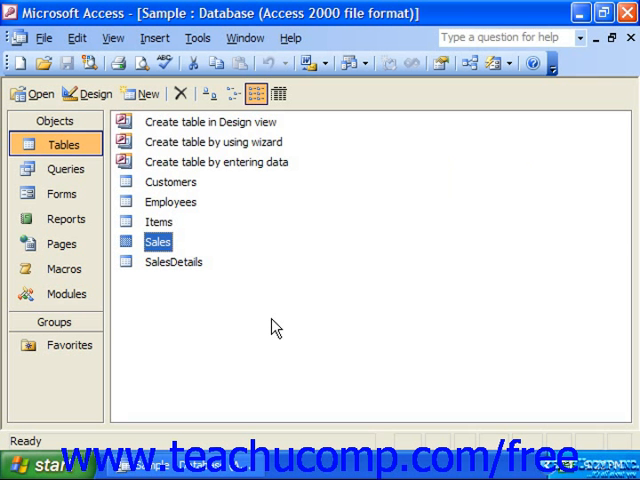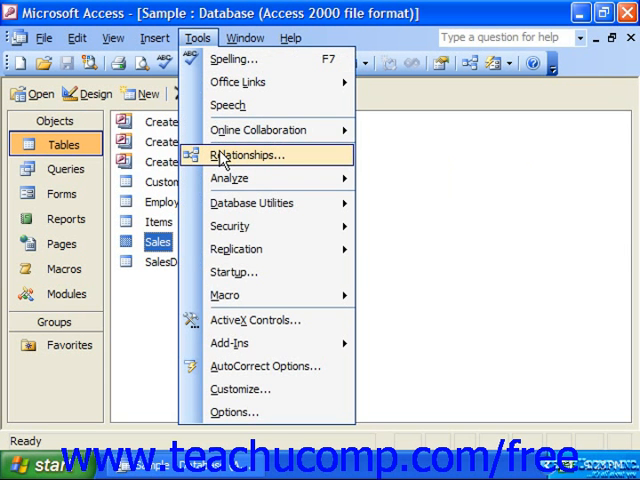www.teachucomp.com/free. As you create tables in Access, you will want to be able to relate the tables so that you can access information from them through their shared or common fields. In Access, you create relationships between tables in the Relationships window. You can access this window by selecting Tools and then choosing Relationships, or by simply clicking the Relationships button in